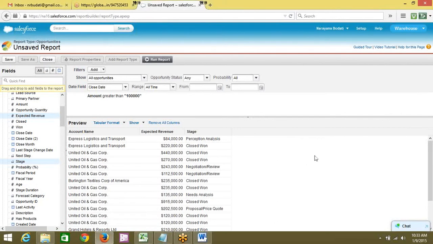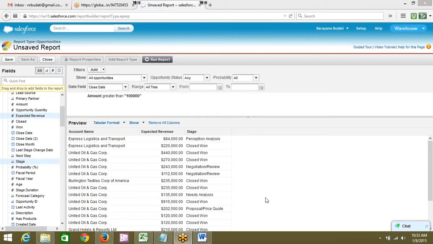So we know how to create a report, right? So whenever a report is asked, you can create. If I say that I want a report of all the opportunities which are more than 100,000, or all the reports which are at a particular stage, you can easily create the report and give it to me, right? Fields we'll have to select, and the report will be done. So seems everyone is fine with this. Now we'll get into the next thing.